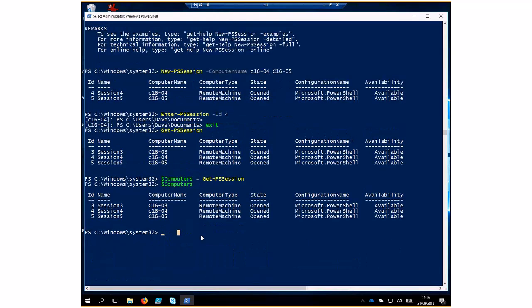Okay. Now, the other command that we can use for remoting, so we had Enter-PSSession, we had New-PSSession. Everything that we've seen so far will only allow us to interact with a single machine at a time. Okay. If we want to interact with multiple remote machines at the same time, the command that we're going to use is Invoke-Command. So we say Invoke-Command, we can say ComputerName, and we'll use